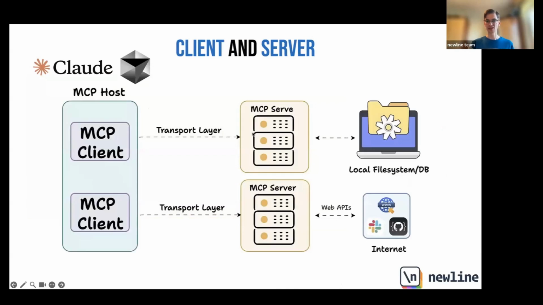Let's talk more about the host, client, and server in a little more detail. The first thing I want to address is the difference between the MCP host and the MCP client. This is a really interesting and right solution by Anthropic to separate the logic. One logic is working with the LLM, processing the data, and interacting with it. The other is responsible for sending and getting requests, and keeping the connection with the